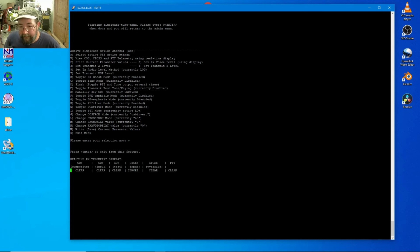What this does is show us the state of our interface, and of the radio indirectly. Our COS, that means our squelch line, is clear, which is good. The actual input is clear, and we're not testing the COS line, so that's clear also. We're not using CTCSS, so that's ignored by default, and PTT is clear, okay? Now, if you take your Potato Fang and key it,